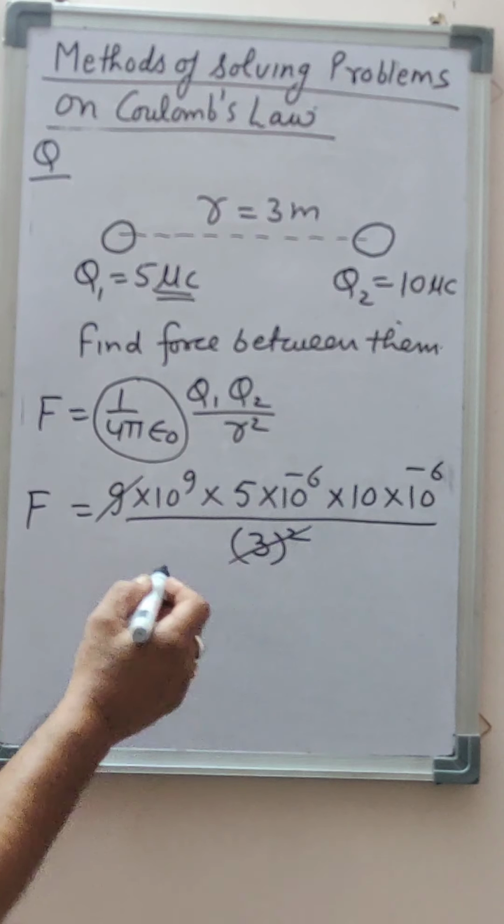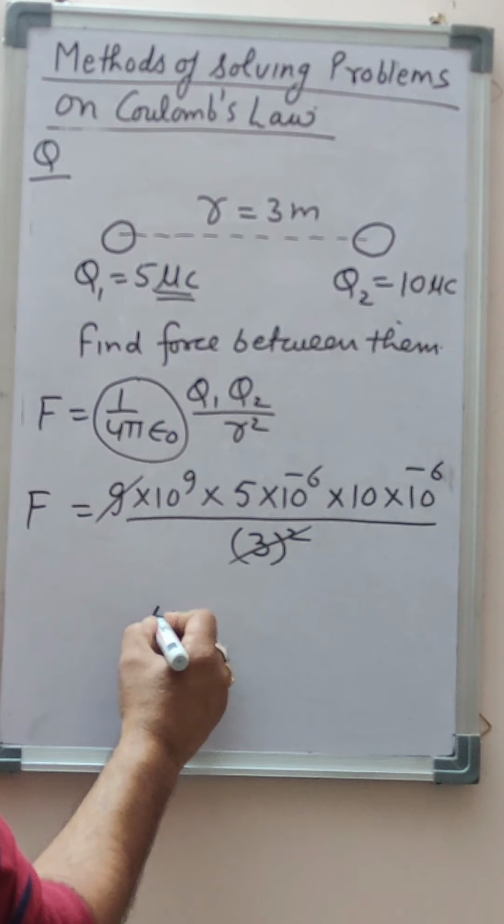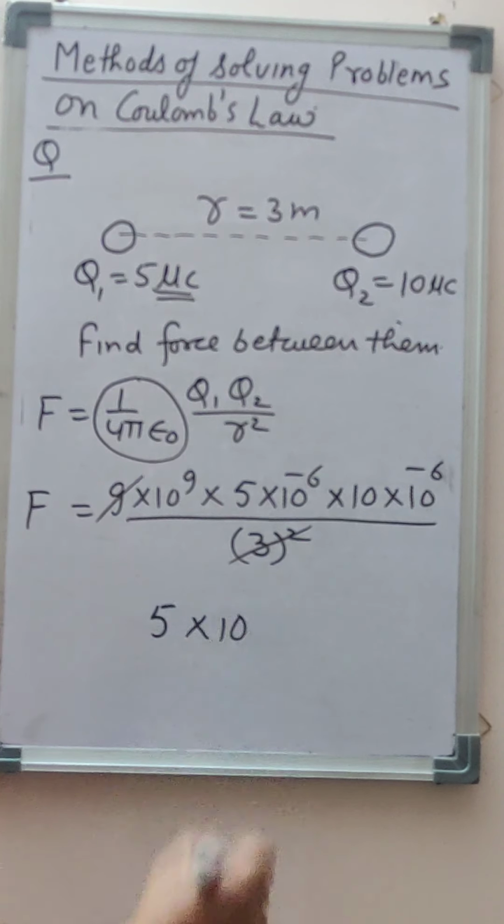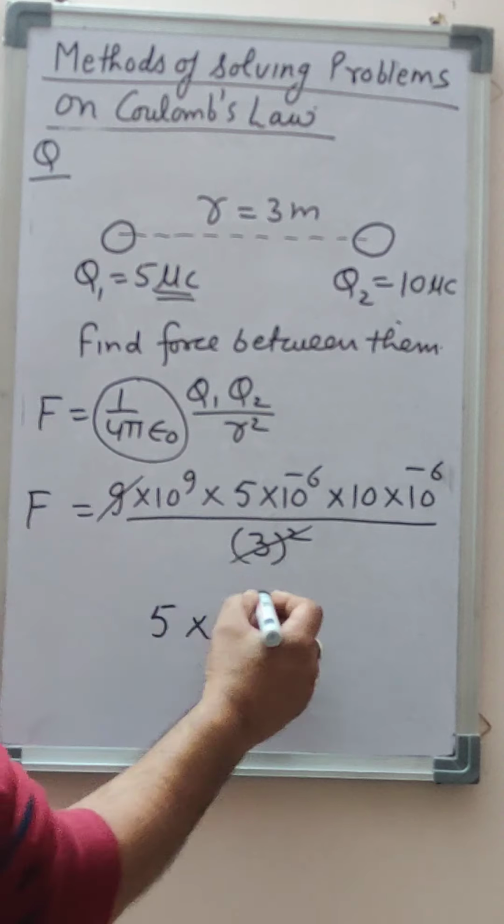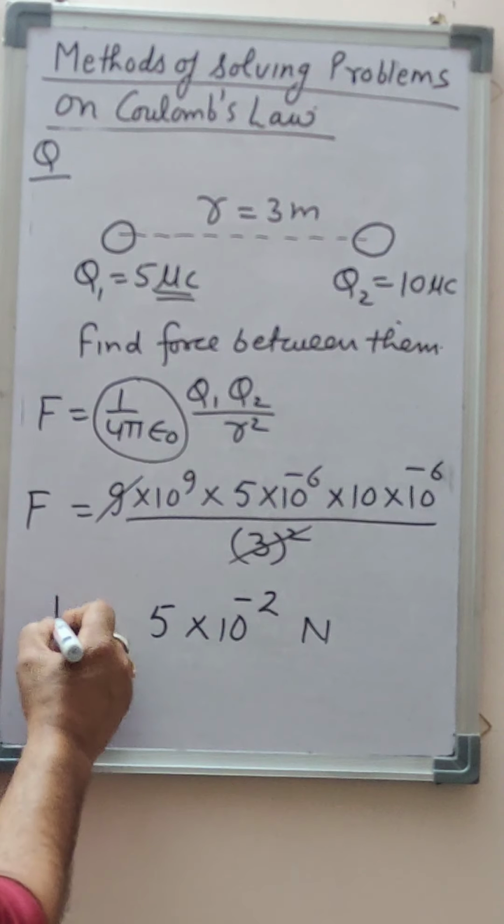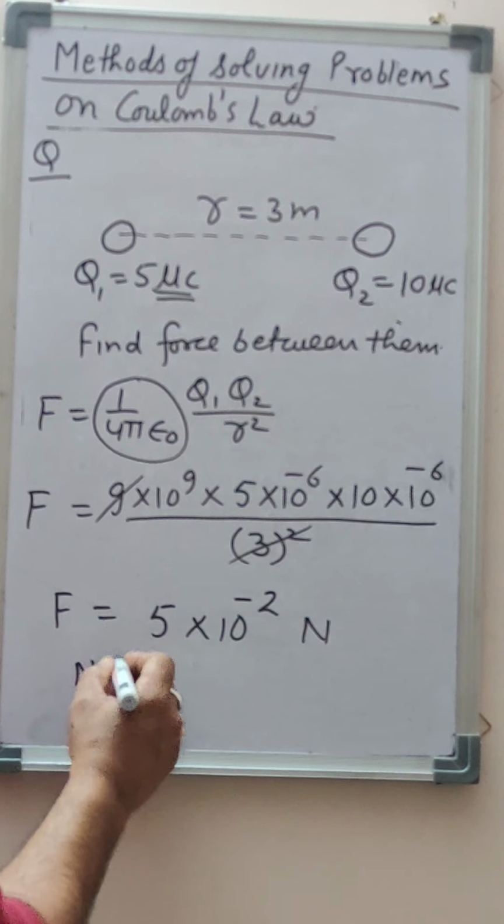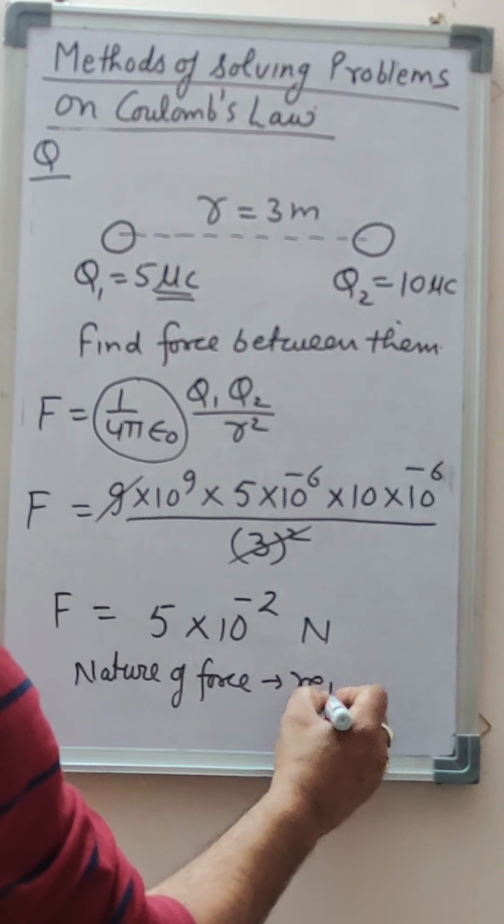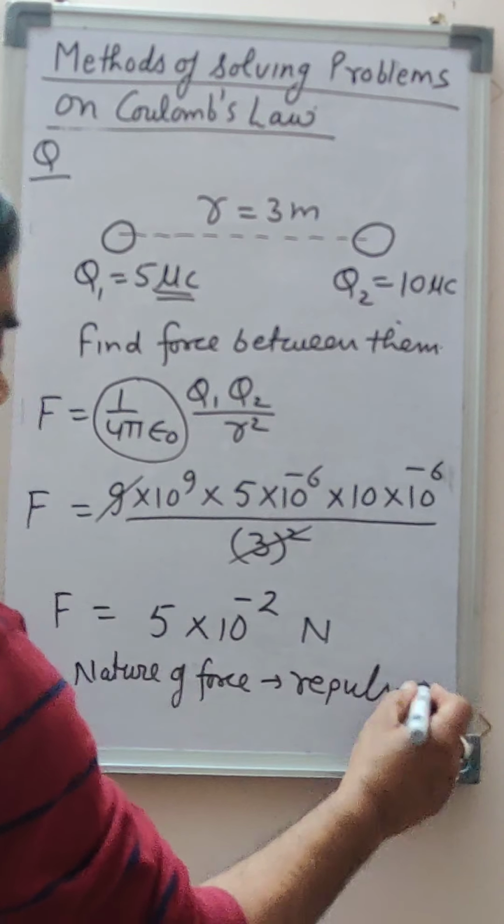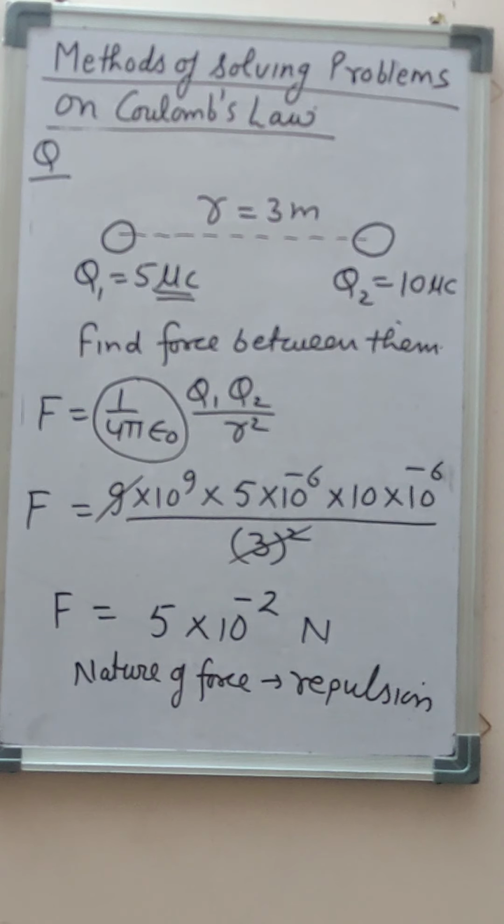This will cancel out. This will be 5 into 10 to the power minus 2 Newton. And nature of the force, repulsion, as the two charges are of same sign. When two charges are of same sign, then the force of repulsion will act between